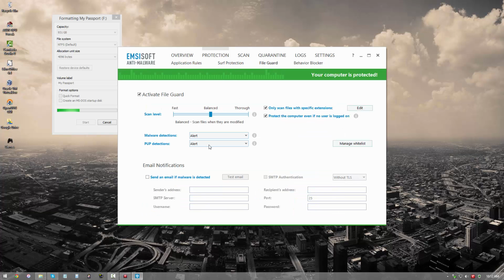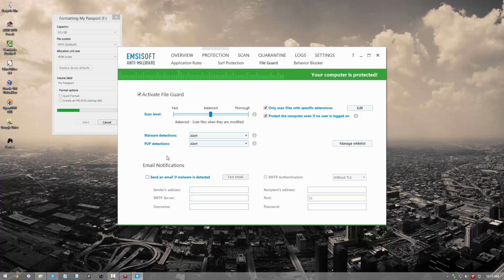As for file guard, I use the balanced setup. I had this set to thorough for a while, but then realized it wasn't doing that much. It wasn't making that much of a difference, so I decided not to unnecessarily waste system resources and set it back to balanced. Basically, that's just telling you when this product is going to scan the files, whether it's going to be on access or when they're modified, or when you just scan. But anyway, I haven't changed any of these settings. Most of these are just set to default, except I don't